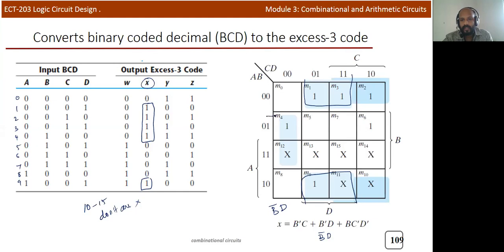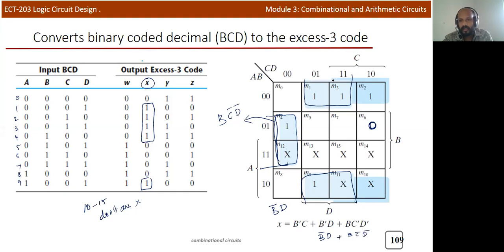Then if you consider, sorry, this 6 is not in this particular group, so this is some mistake. Here it is 1, 2, 3, 4, 5, only 5 ones, and this one is actually 0. So if it is 0, you can group like this. We cannot consider this. So this is simply a 2-one group, and if you write like this, here it is B, and at the top it's C bar D bar. So you can write B C bar D bar.